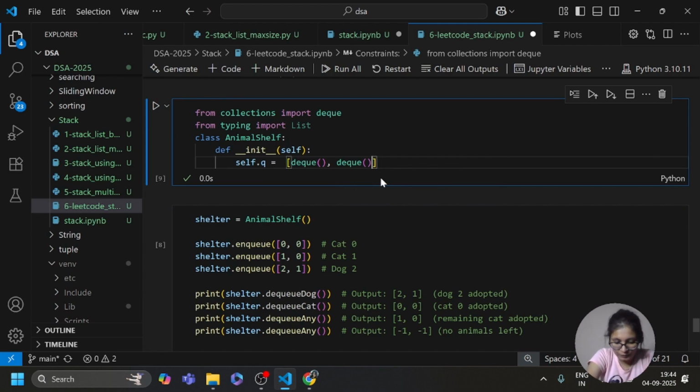So this is our function for initialization. Here self.q is a list of two queues. Q0 will store cats and Q1 will store dogs.